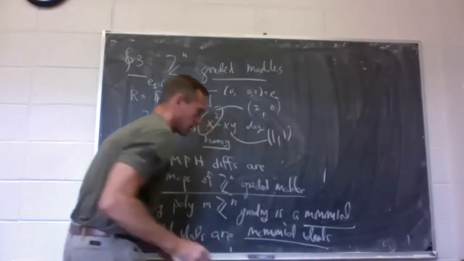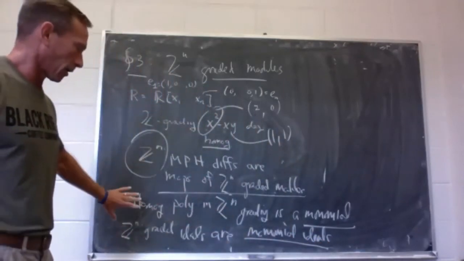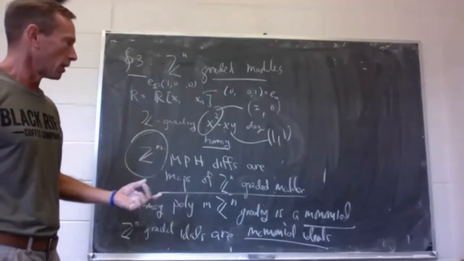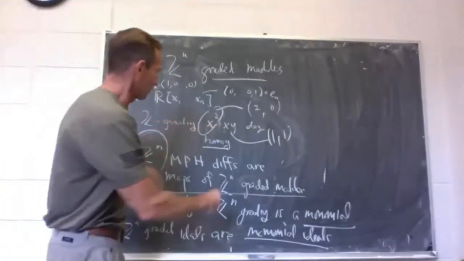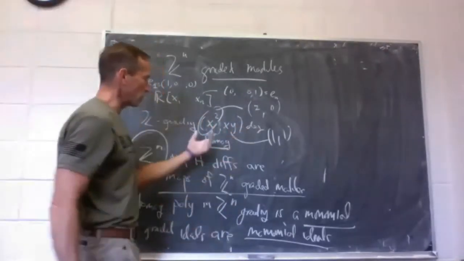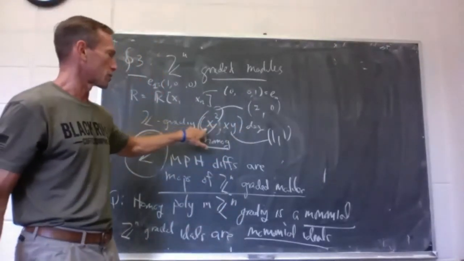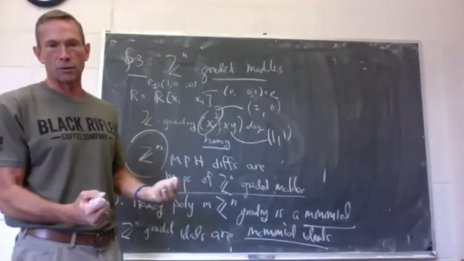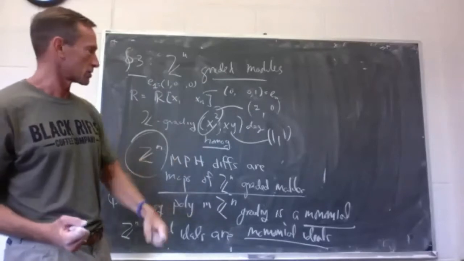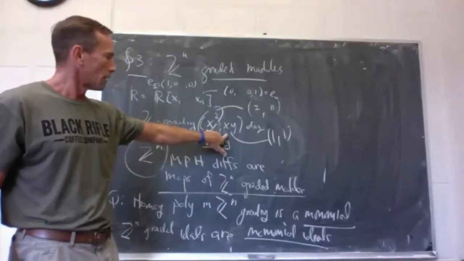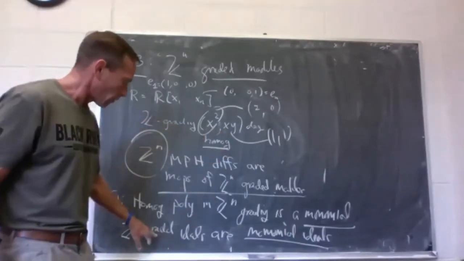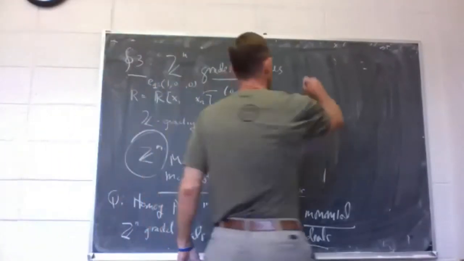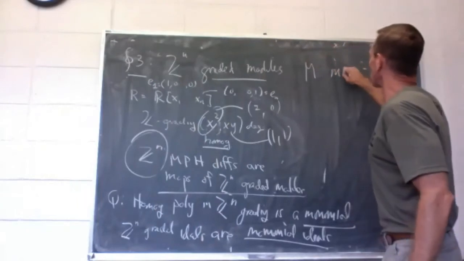So this is a hugely restrictive condition. If I took the ideal generated by x squared and xy, that is a homogeneous ideal because each polynomial is homogeneous. When you take a homogeneous ideal, not every generator has to have the same degree, but each generator has to be homogeneous. So here's a homogeneous ideal. And now let's figure out what the associated primes are, because the support loci, the point is that if M is an MPH module,